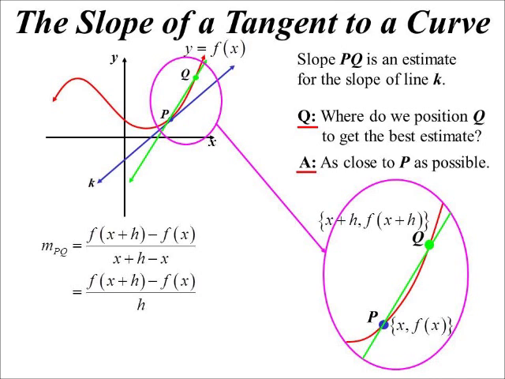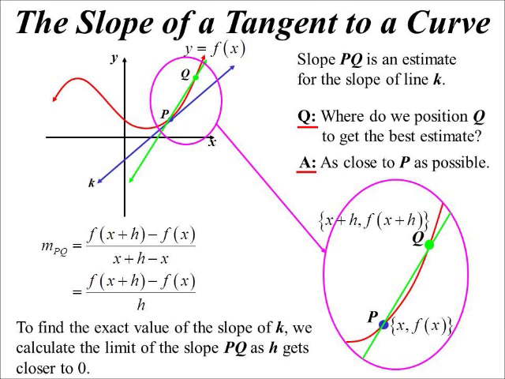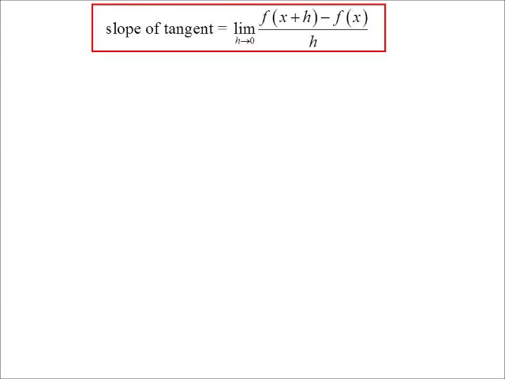Now there's the problem. Because remember, h we said is that infinitesimally small. So small it may as well be 0. But we know we can't have 0 on the bottom of a fraction. So that's where we use the idea of limits. Limits allows us to investigate what value it's approaching. So we can't actually get there. But if we could get there, what value would it be at? So the slope of the tangent can be exactly worked out, saying the limit as h approaches 0, so it's infinitesimally small, of function x plus h minus function x all over h.